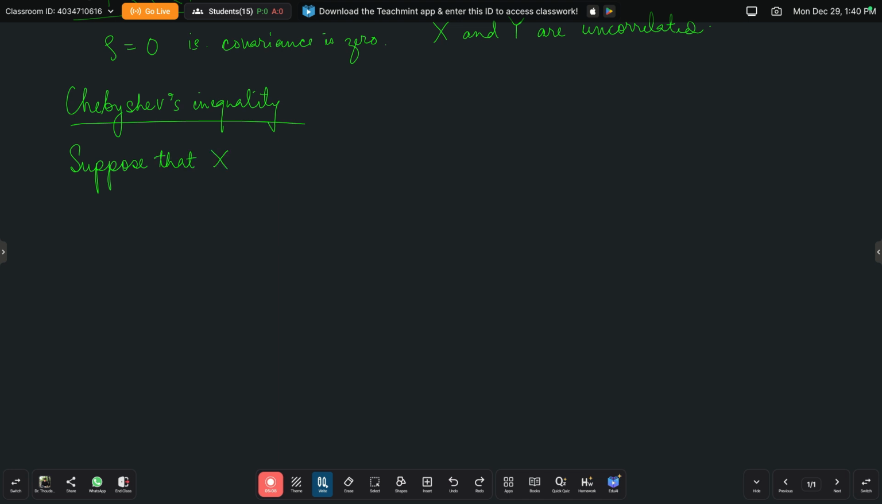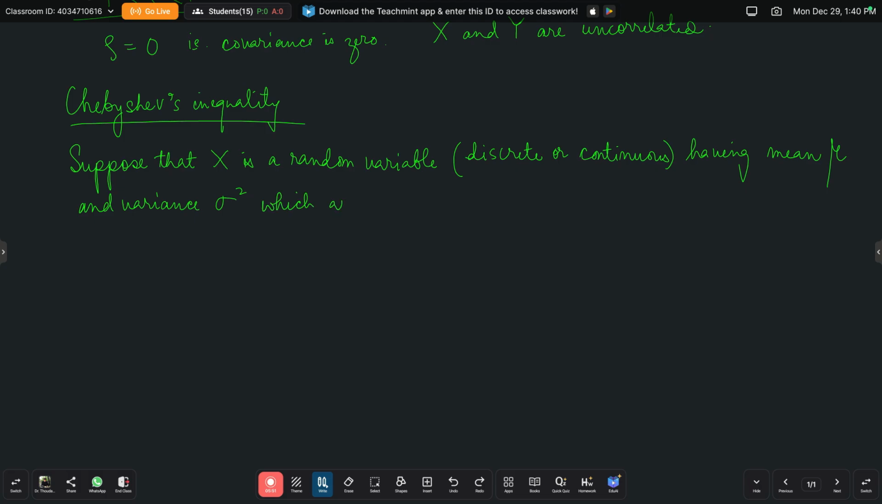Suppose that X is a random variable, discrete or continuous, having mean mu and variance sigma square, which are finite. And then, if epsilon is any positive number,